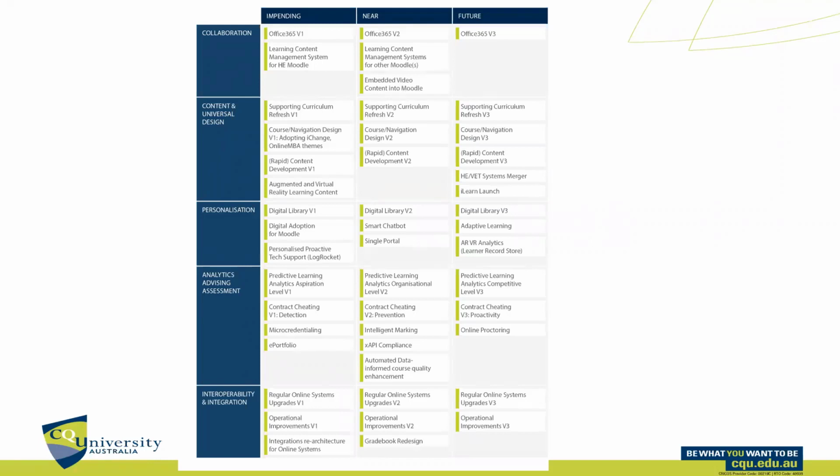We're also working on a learning content management system for HE, Moodle in particular this year. It may not end up being an actual off-the-shelf type platform. We're looking at different options, but we are trying to address a couple of issues with content. The biggest one being discoverability of content. So we have over 1 million assets, or certainly we have a lot of assets.